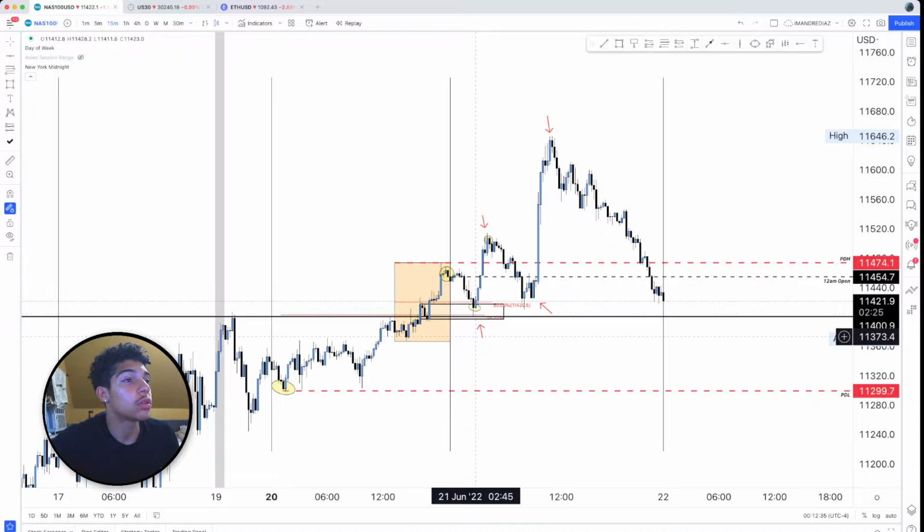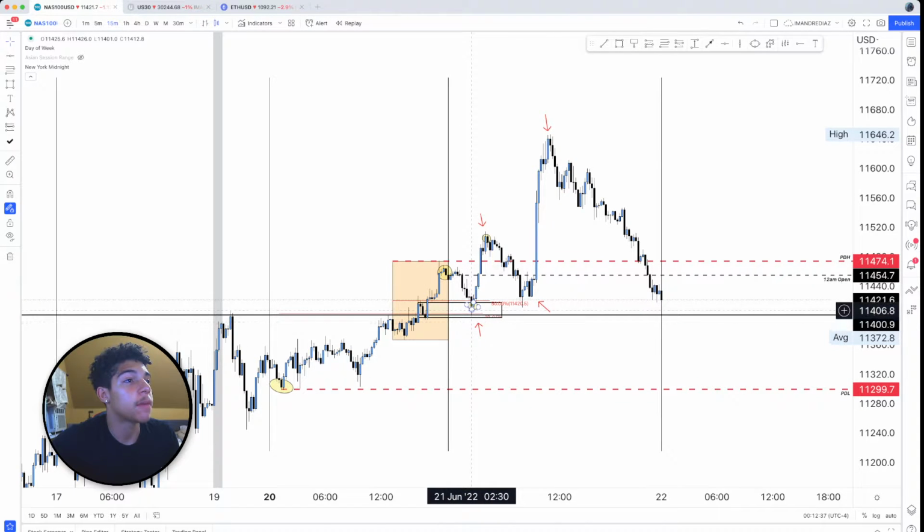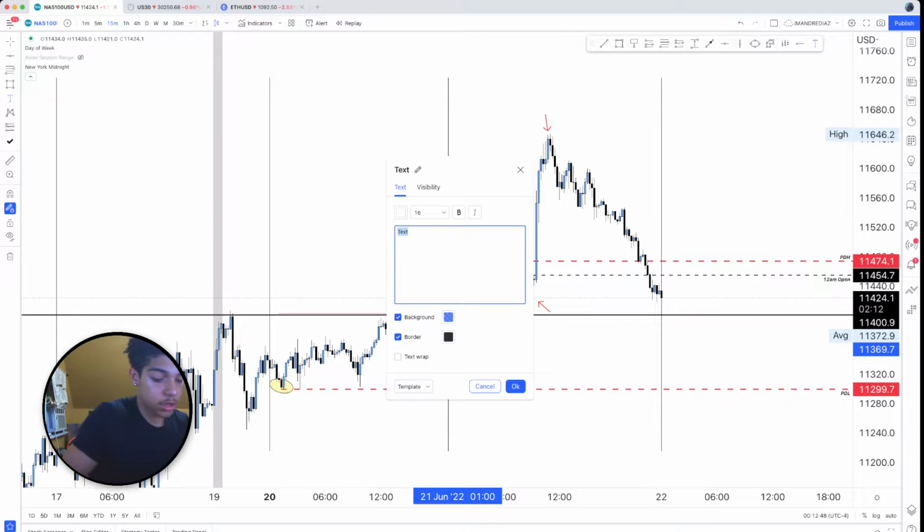And this is all during what time of day? 2:30 London session. So this was a very high probability low of the day. And what was it? A low of the day. So now let's annotate all the things with it. So we have the low of the day at 2:30 a.m. along with the fib long 38.20%,